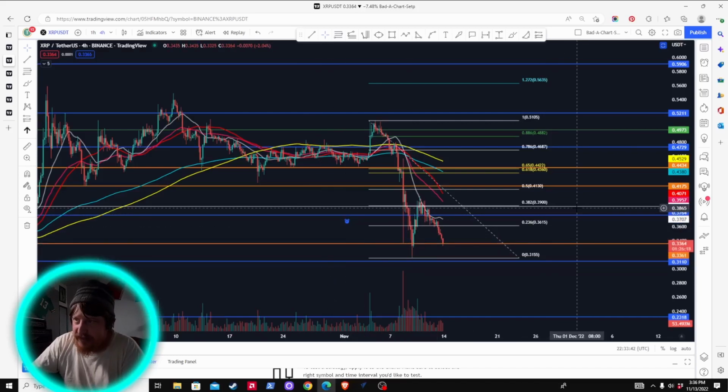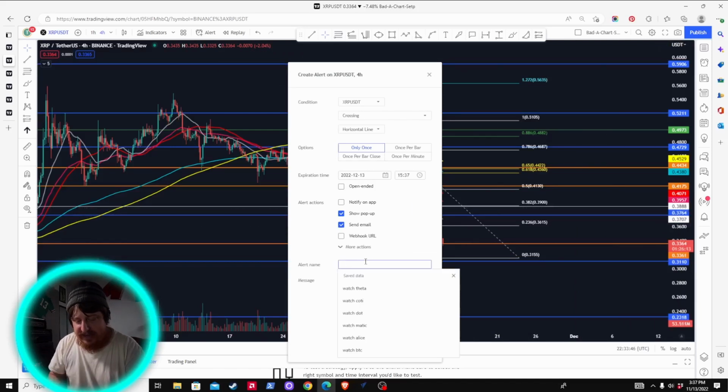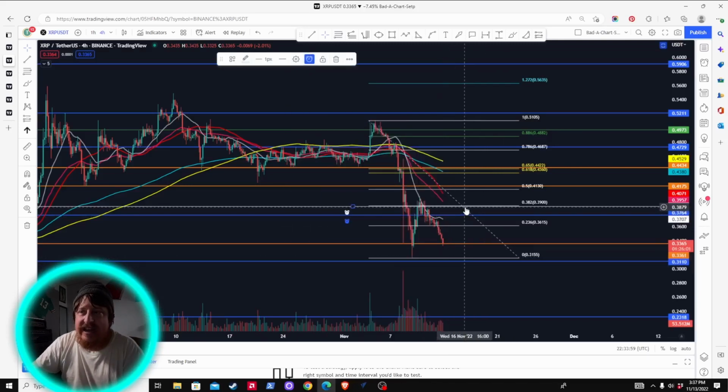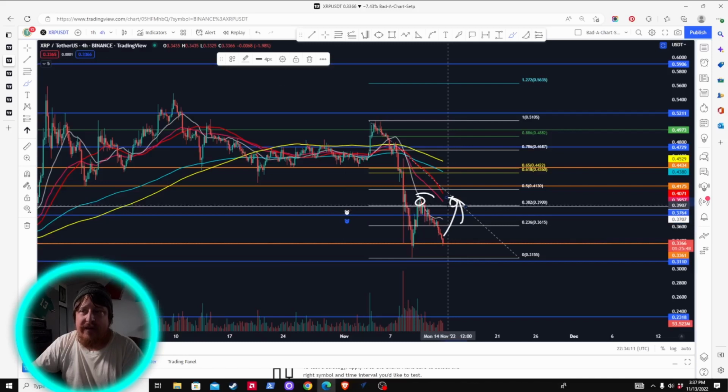Now, the reason that I'm putting this line here is I'm going to put XRP double top. Now, I just put DT because I know what that stands for, but I'm going to put DT for double top or TR, which stands for trend reversal. What I mean by that is if this area gets broken, I'm either looking for price action to potentially just reach the same area of resistance again, which would be what is known as kind of like an M pattern or a double top. Or what I mean by trend reversal, if it breaks that area and puts in a